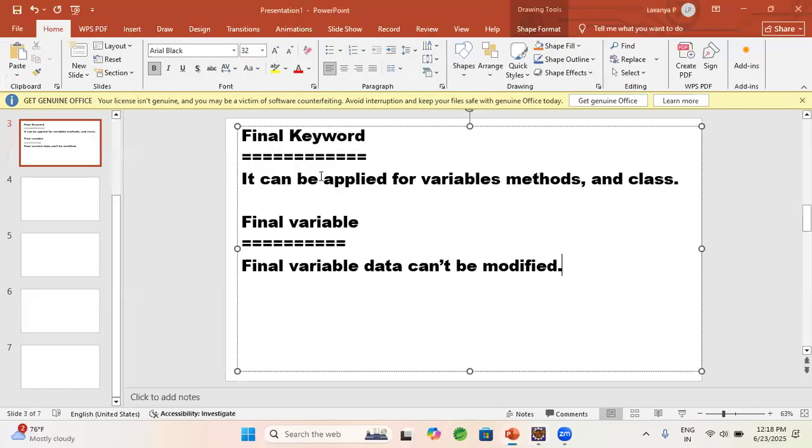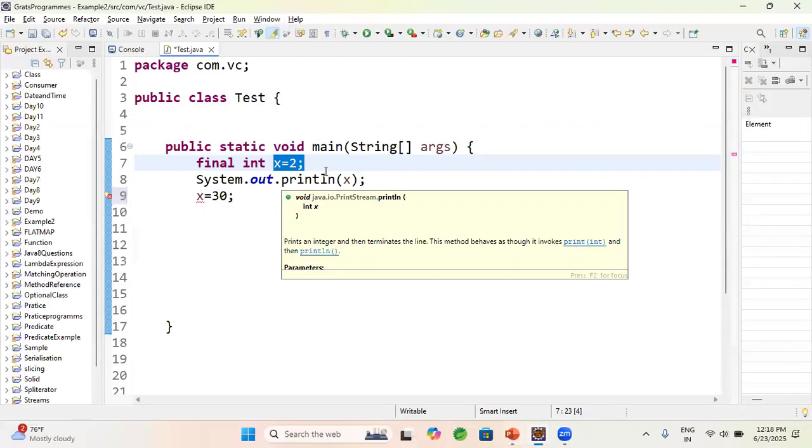These are about the final variable. Next is final methods. The final methods can't be overridden. That means